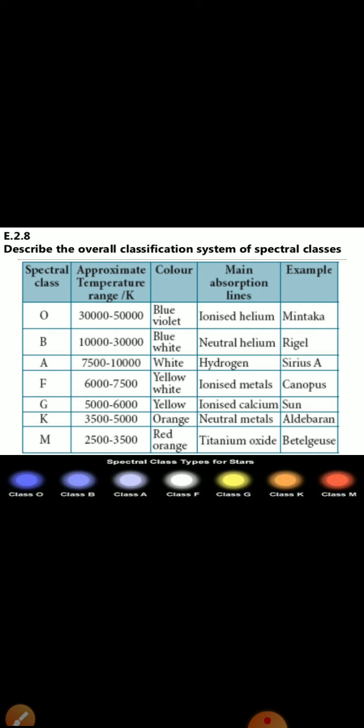The stars are arranged in a sequence with the hottest first and the coldest last. So here, O group stars are the hottest stars, and M group stars are the coldest stars.